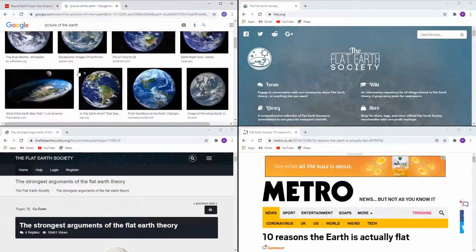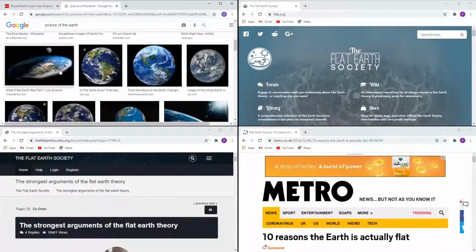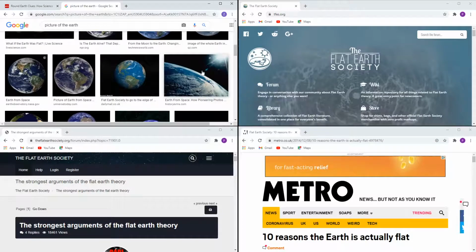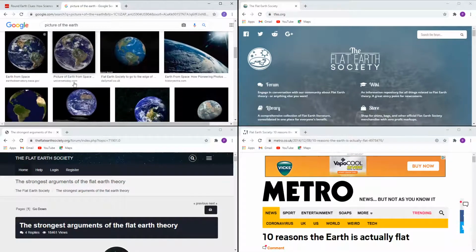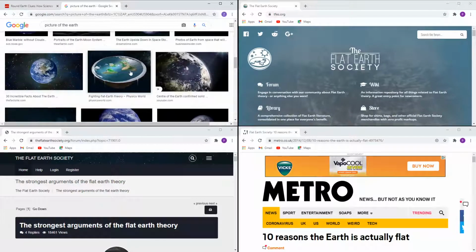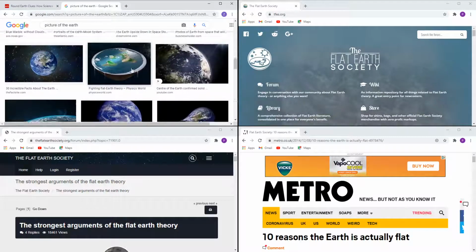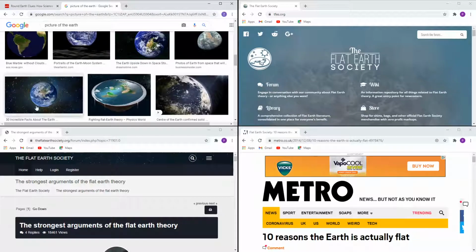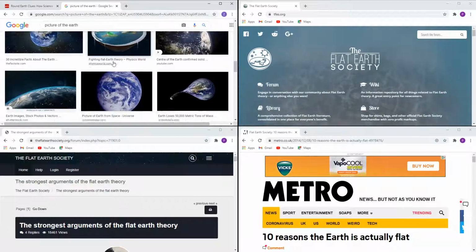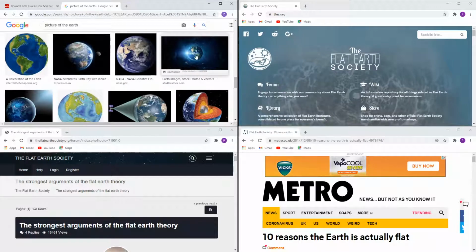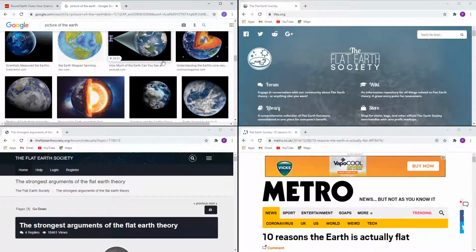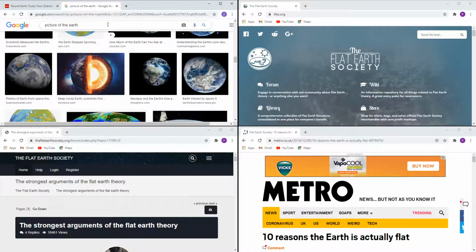Okay, so show me a picture. Oh, look, here's a flat Earth. Here's a curved Earth. Yeah, but that's all CGI. That is all composite imagery. Every bit of it is composite imagery. This is fake imagery. This is technically also fake imagery. I told you. So can you prove to me that there is a round, circular Earth orbiting around the sun?